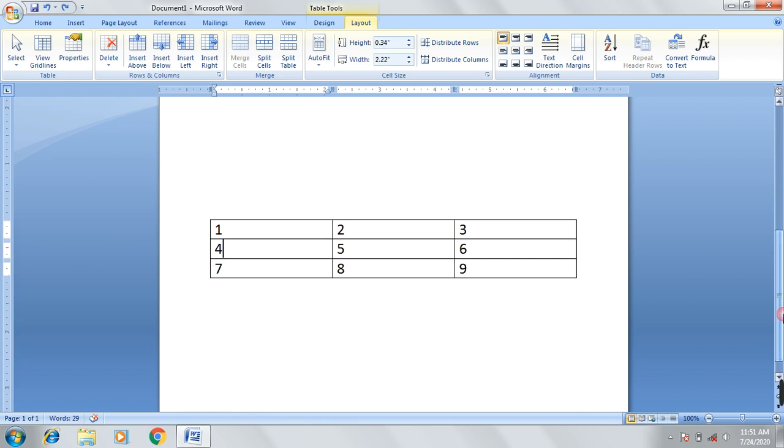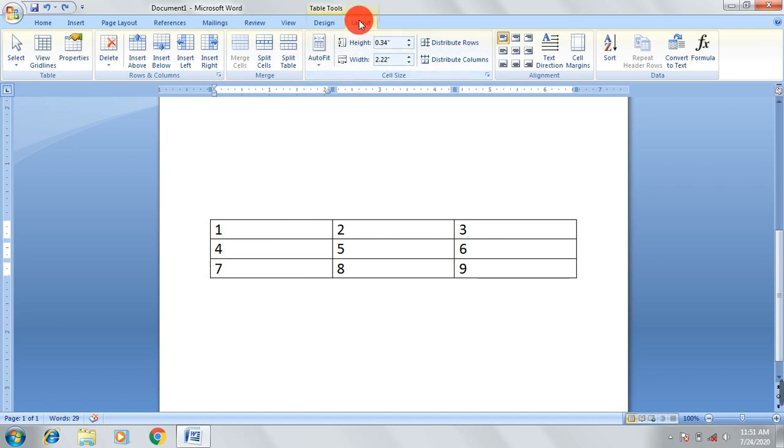So I have already taken one table here for showing all these things. First of all, I'm going to show you how to delete a row. I want to delete this row having data 4, 5, 6. So click in any cell of this row; you can click in 4, 5 or 6, anywhere. I have already clicked inside the cell containing number 4.